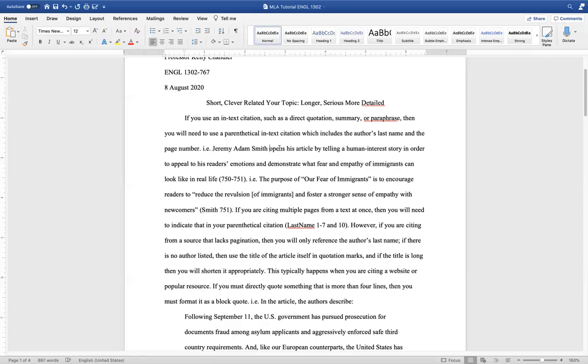So Jeremy Adam Smith opens his article by telling a human interest story in order to appeal to his readers' emotions and demonstrate what fear and empathy of immigrants can look like in real life. And notice here that I don't have a direct quote, but I'm clearly summarizing the main idea of Smith's article. So I have cited the page numbers that you can use to find where he talks about these points in his text right here, okay? And I'm summarizing a lot of information. It carries into 2 pages, which is why I have page